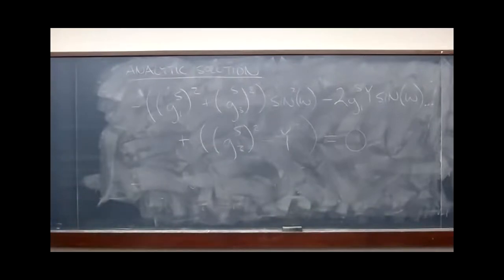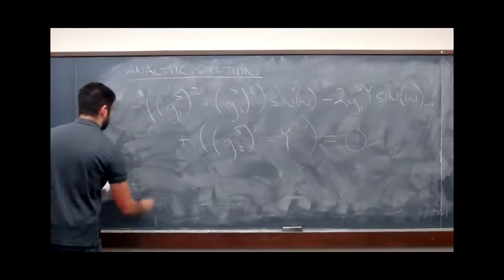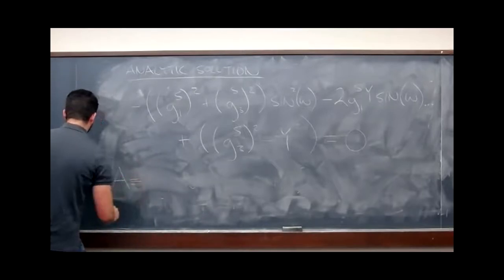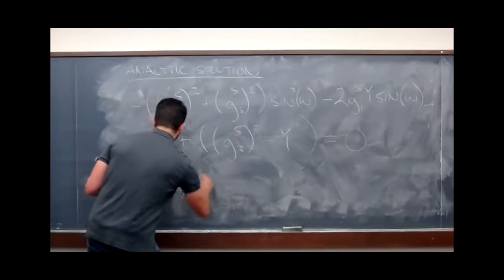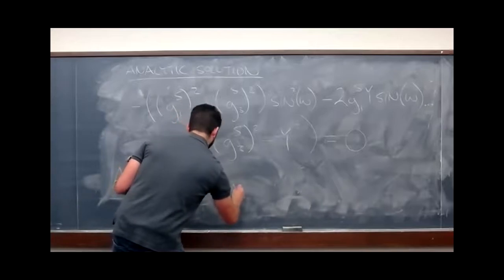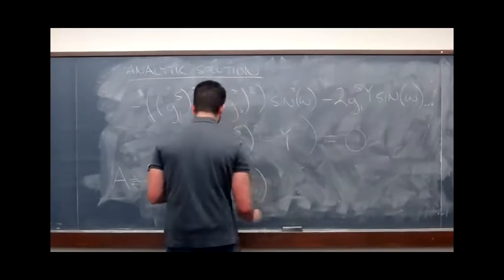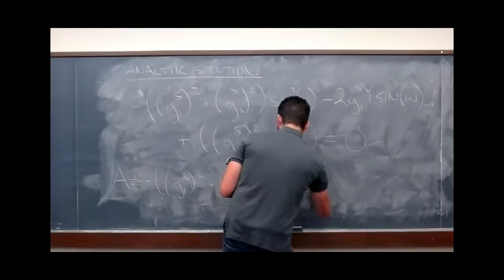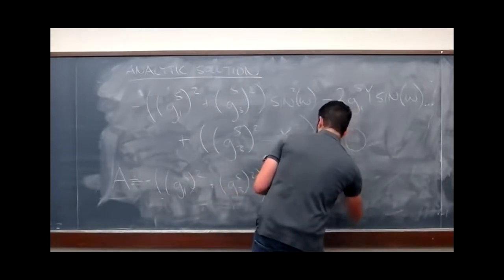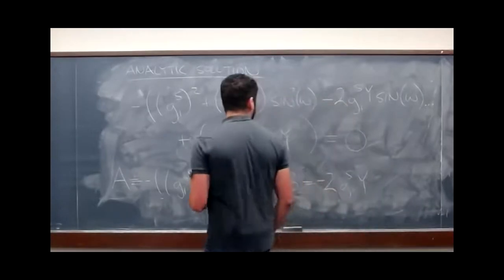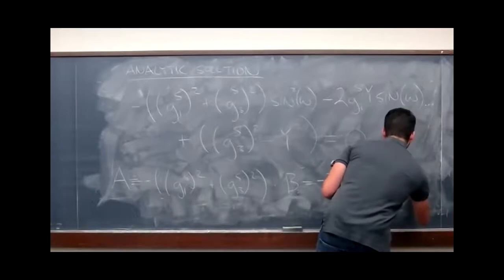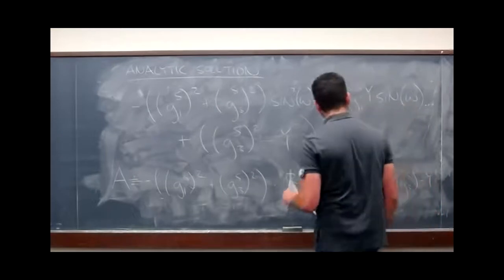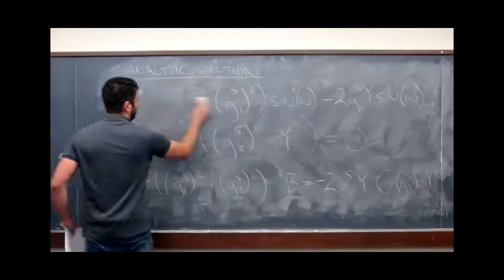And what you'll notice, if you're a lot sharper than me, is that this is actually a quadratic equation, where A is minus G1S squared plus G3S squared, B is minus 2 G1S Y, and C is G3S squared minus Y squared, which gives us, for our solution for omega,